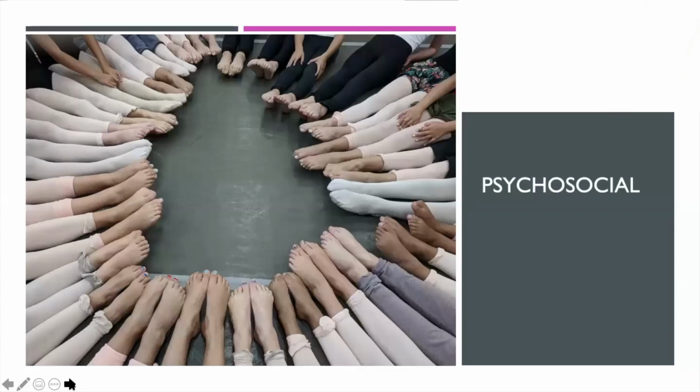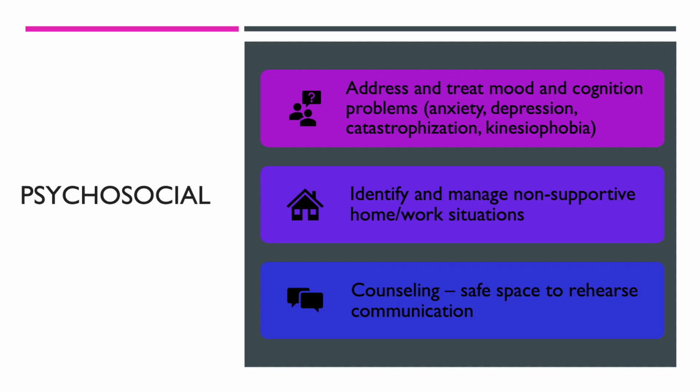We also want to take into consideration the psychosocial implications of hypermobility disorders. We want to make sure to address and treat mood disorders and cognition problems. It's not uncommon for people to present with brain fog, anxiety, depression, catastrophization. Catastrophization is when you always think that the worst is going to happen. When somebody is experiencing that, it's very important that we support them as much as possible and help to question those beliefs. There's a couple of programs I want people to be aware of that can be extremely